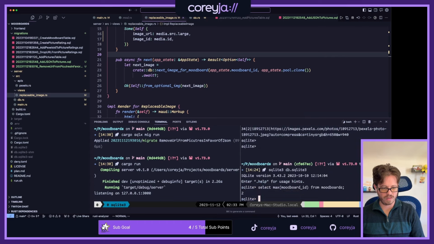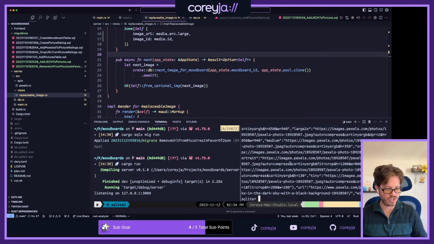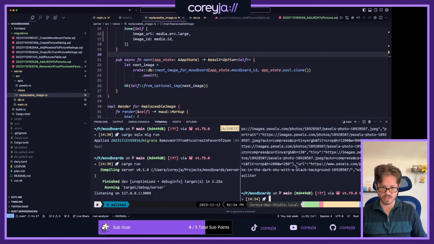And if we find out what MoodBoard we're on, 2. Perfect. So if we look for the JSON, we now should just get full JSON back. Love it. Limit 1. Love it. But this is full JSON. And I'm now assuming that I can basically always pop things from the database into the structs, right? I'm kind of saying there's not going to be any changes to the structures that would cause blue-green issues. Oh man, as I say that, that's going to get hairy later, but that's okay. It's really nice for